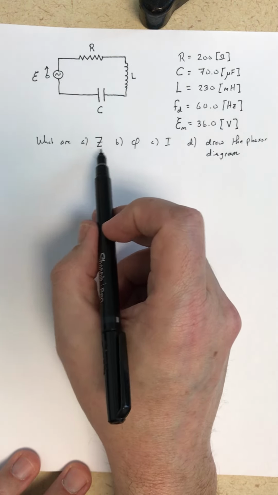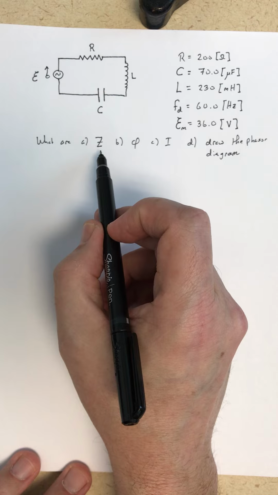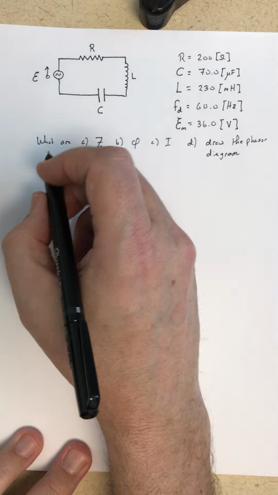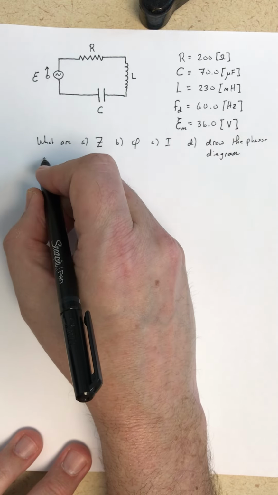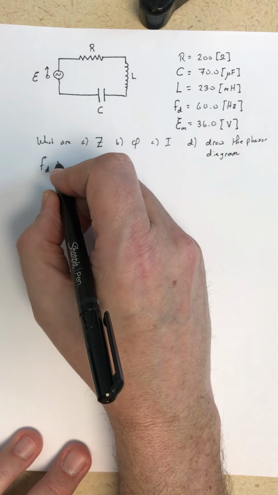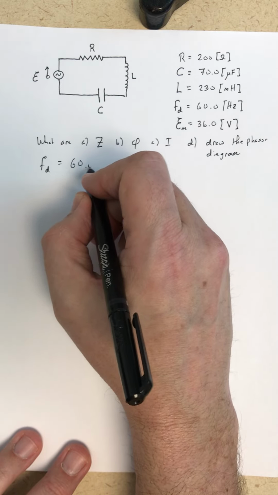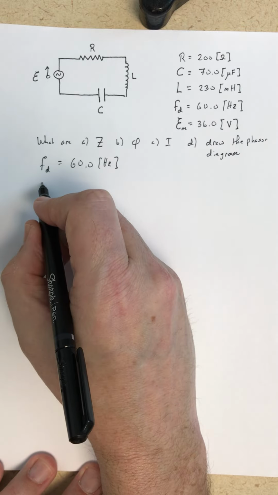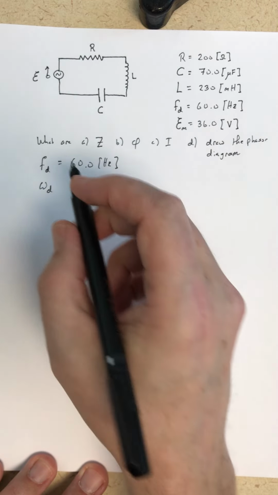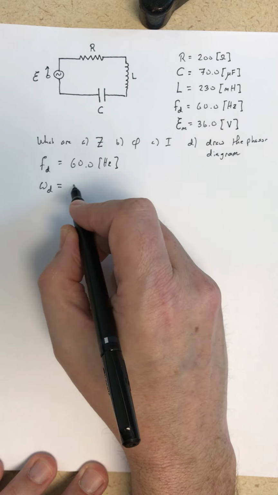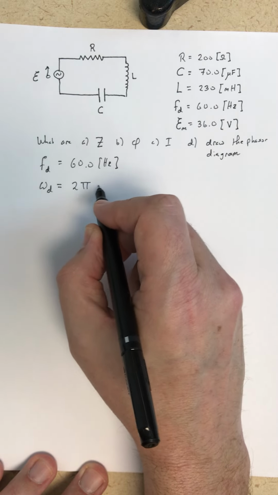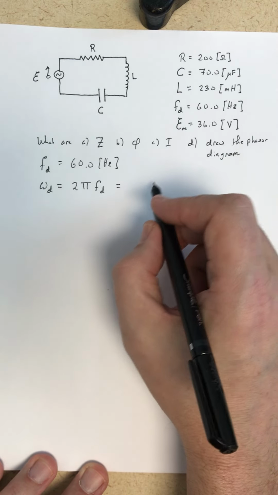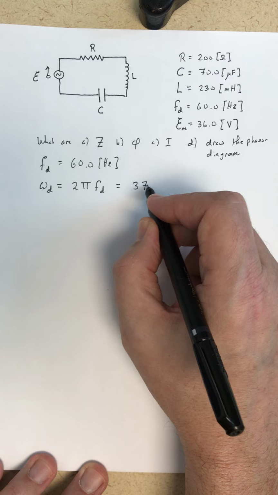First thing we want to do to address what the impedance Z is, we need to find the capacitive and the inductive reactances. So we are given a driving frequency of 60 hertz, and we want to convert that over to the driving angular frequency, because that's what's in the reactances. That's going to be 2 pi times the driving frequency, and that's going to give us 377